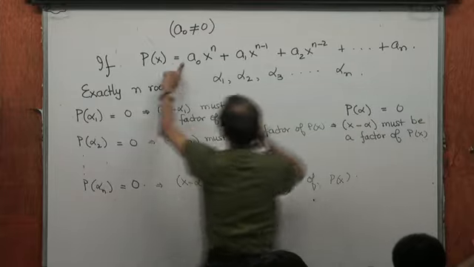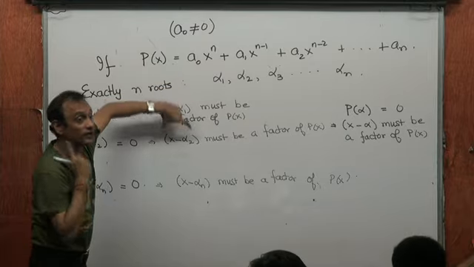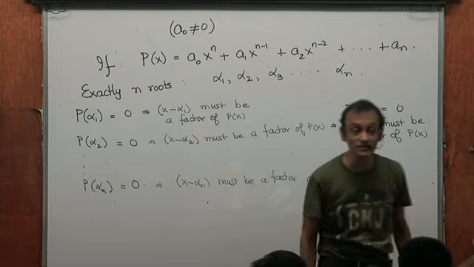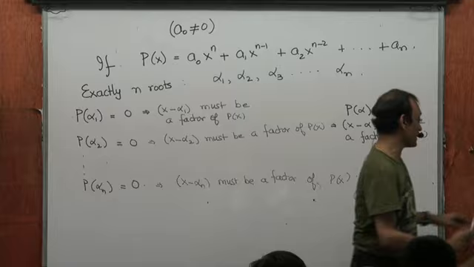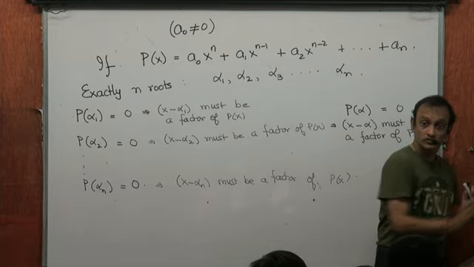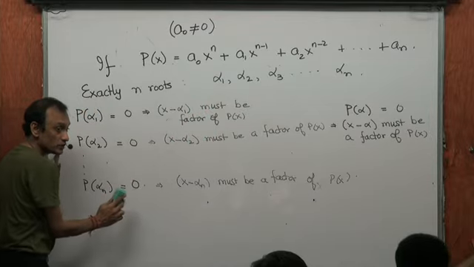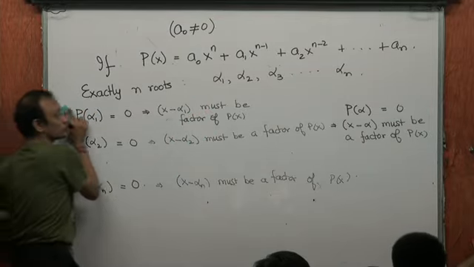That means when I factorize P(x), x minus alpha 1, x minus alpha 2, x minus alpha n must all appear as factors of P(x). Yes or no? Have you registered this idea? Which means